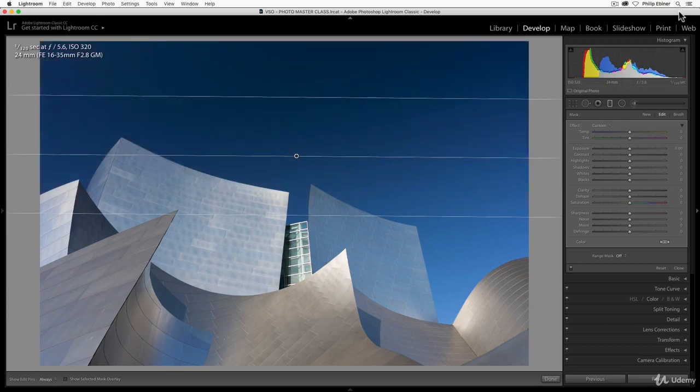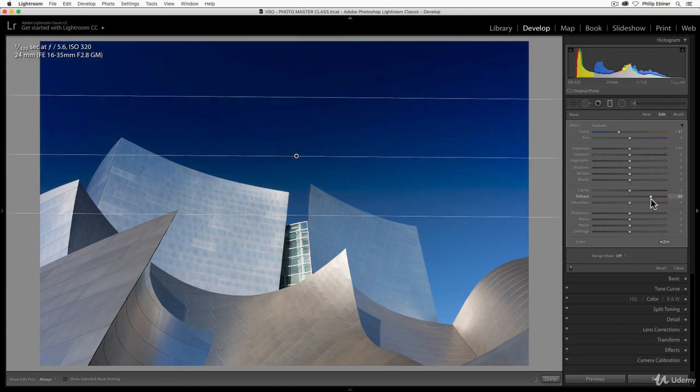So let me turn that off, because now we have all of these adjustments over here, which are basically similar to adjustments we've done before, but we can adjust just this top part of the image now. If we want to change the white balance of the sky, we can adjust it with this slider, making it more blue, for example. If we want to adjust the exposure, we can make it brighter or darker. You can adjust things like the contrast, highlights, shadows, whites, and blacks, which you learn how to do with the basic adjustments. You can do things like clarity or dehazing specifically for the sky, which is a good option when you're doing landscape photos.